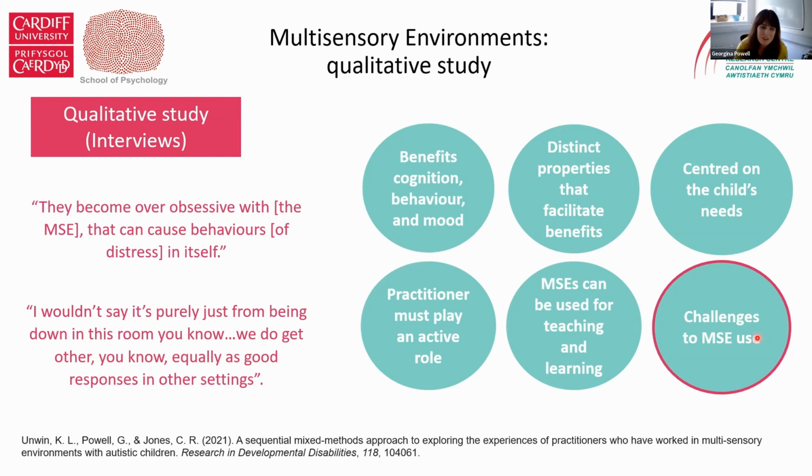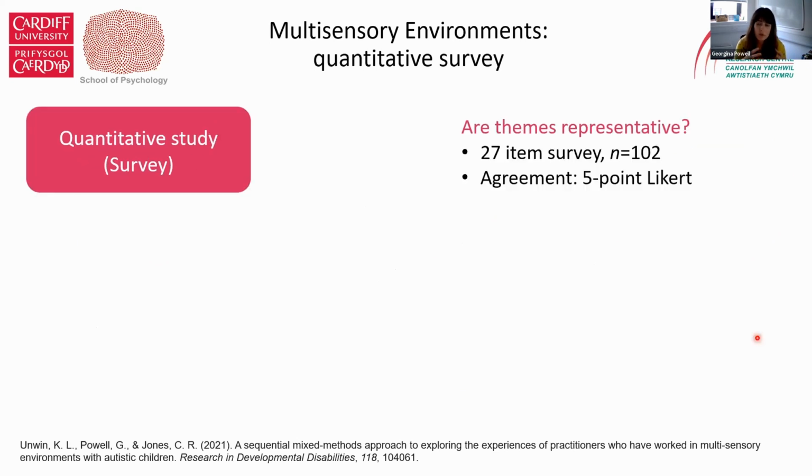So these findings were really interesting, but of course, like many qualitative studies, it was a relatively small sample. And so what we wanted to do next was to try and see how representative these themes would be in a larger group of practitioners. So we took the themes that had emerged and we translated them into a 27 item survey that we then